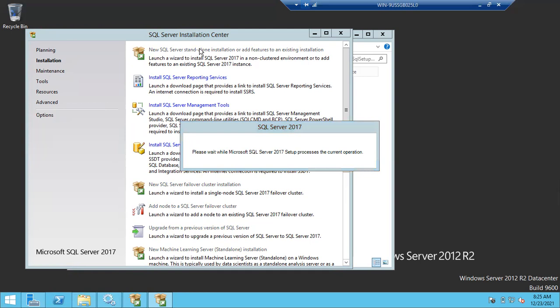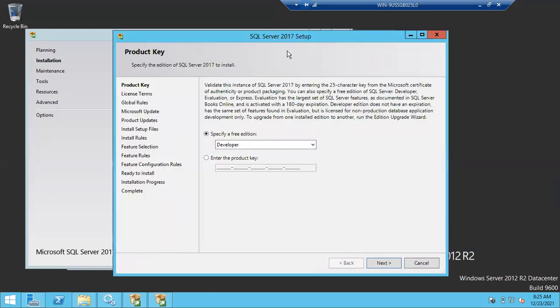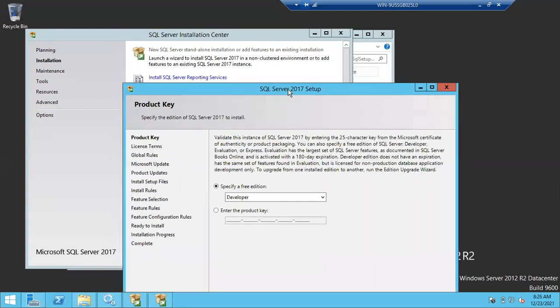Or add features to an existing installation. I told you, we have different features or components like SSIS, SSAS and all. If the customer is asking after 1 year of installation, hey, can you install SSAS on this server? That is called adding features. SQL Server is already installed 1 year back. Now he is asking for analysis services or reporting services or integration services. Then you can choose add features. Of course, you have to choose the same option for installing a new SQL Server and for installing components also.